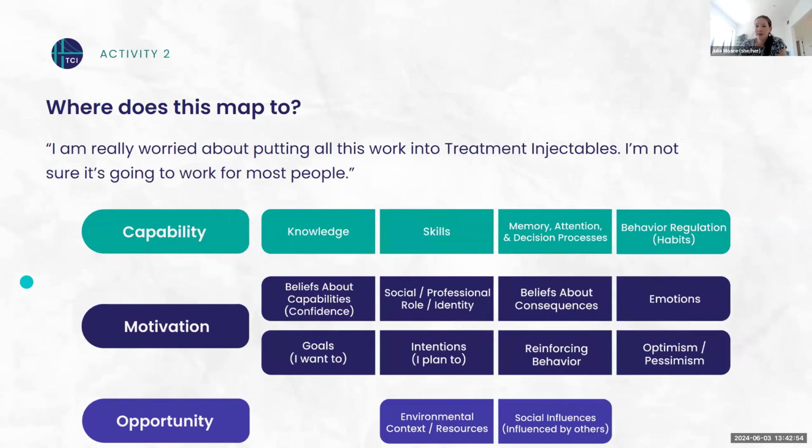All right. Next, we have, I'm really worried about putting all this work into the treatment injectables.